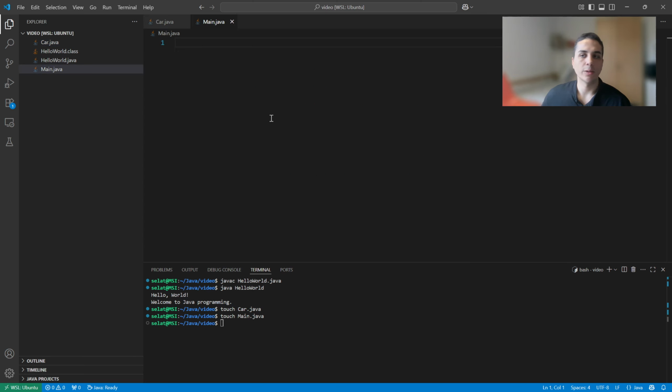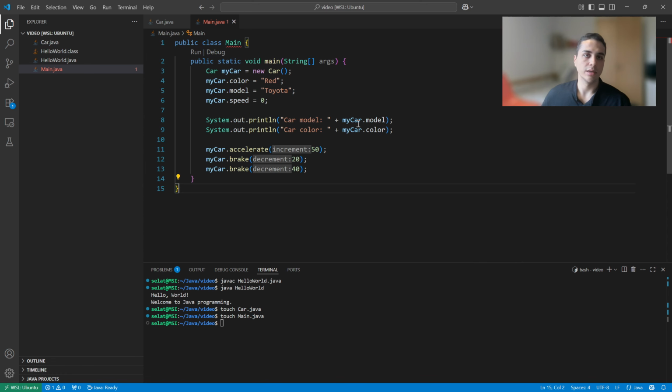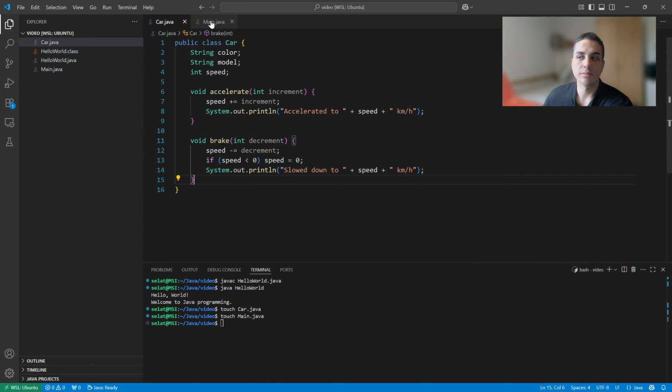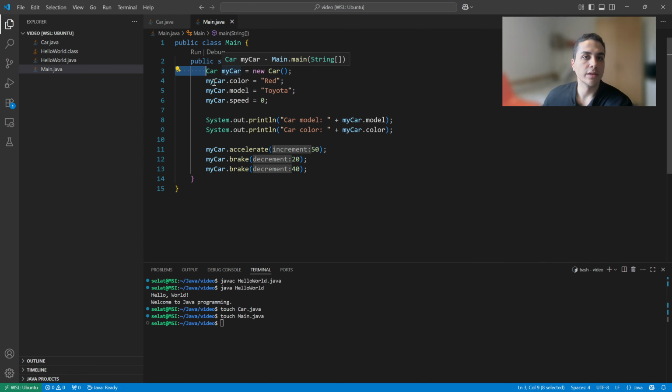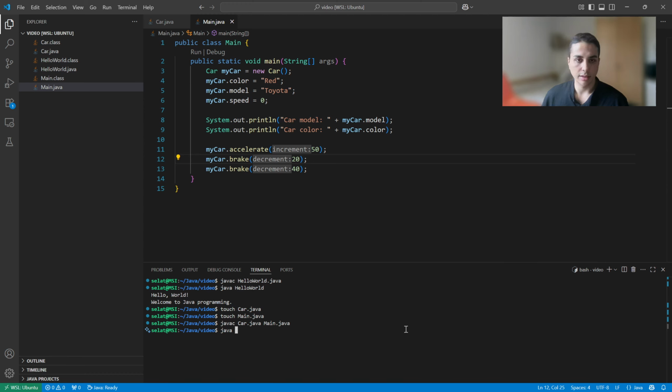We will go to the Main now. Again, we will have a public class Main, and it will basically do this. We will have a Car object. We have a Car class here, and we are creating an object called myCar, and we are setting its color, model, and speed, and we want to accelerate or brake the car. We will use these functions. Let's say javac Car.java and Main.java, and when I call Main,